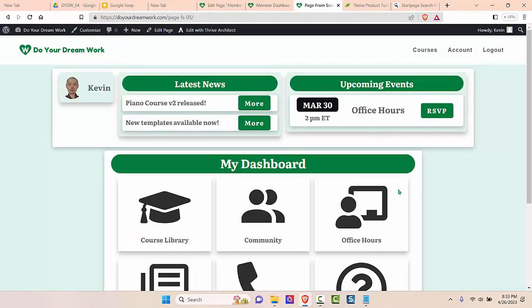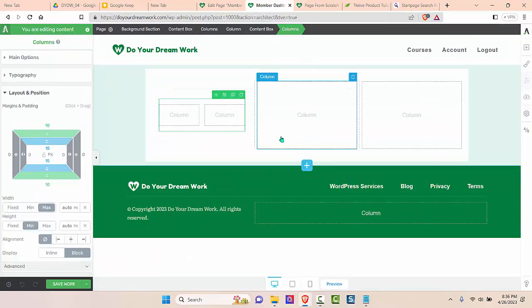Now I happen to know that the leftmost column, the member profile, makes up about 14% of the total 3-column set. The latest news column, the center one, occupies about 41%, and the rightmost column, the upcoming events column, takes up about 45% of the total 3-column set. As you can imagine, there's no magic to these percentages. These are just what I arrived at through a few iterations, playing around with sizing the columns based on what looked good to me and how much room I think these notifications will need. Alright, so I'm going to resize the columns